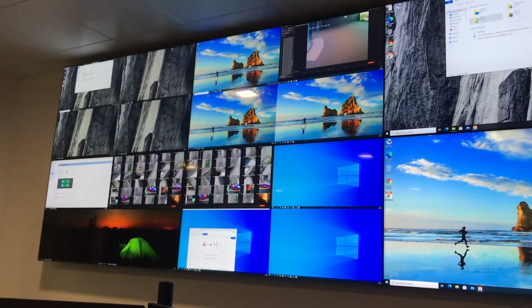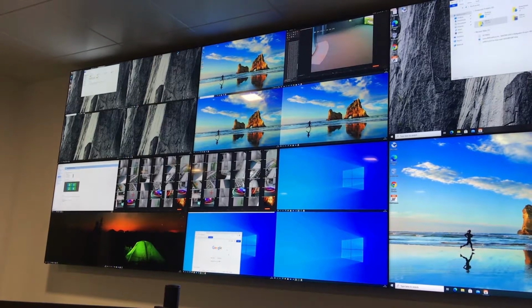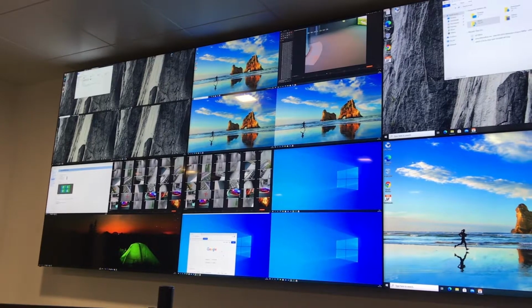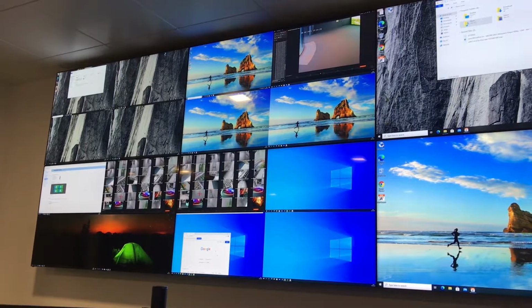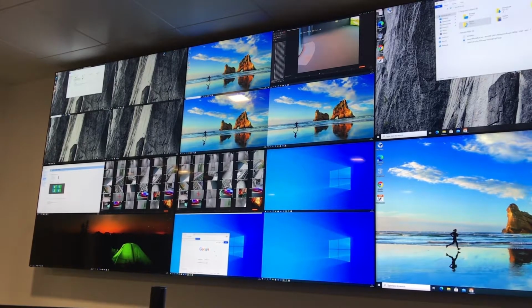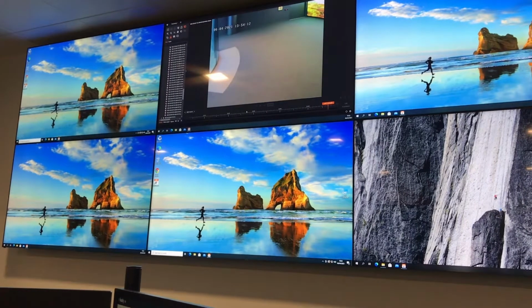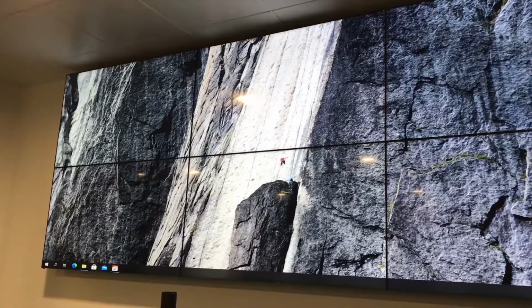The first 4 screens will show the 16 inputs from the 4 workstation PCs, and the other 2 monitors on the right side will show individual inputs from any of these PC inputs. There is a shortkey for video wall preset selection. Ctrl+1 is for the individual screen preset, which means each screen can have one input, and Ctrl+2 is for video wall mode.